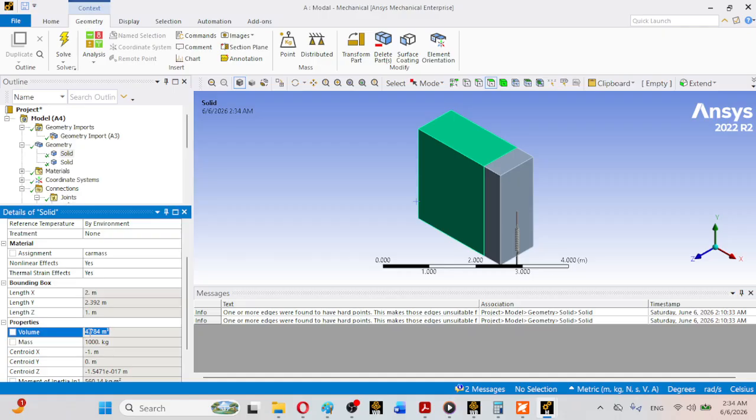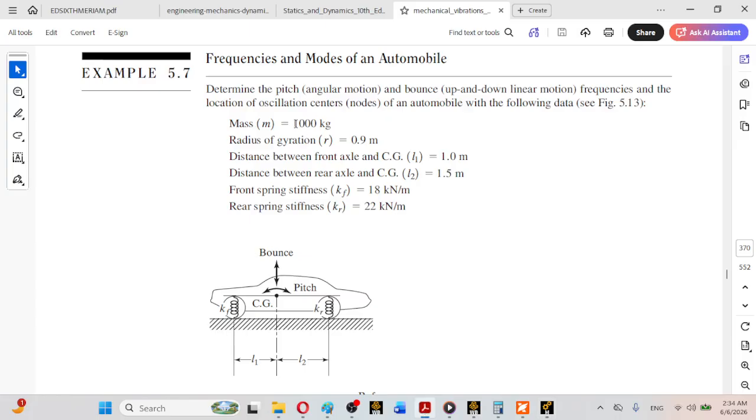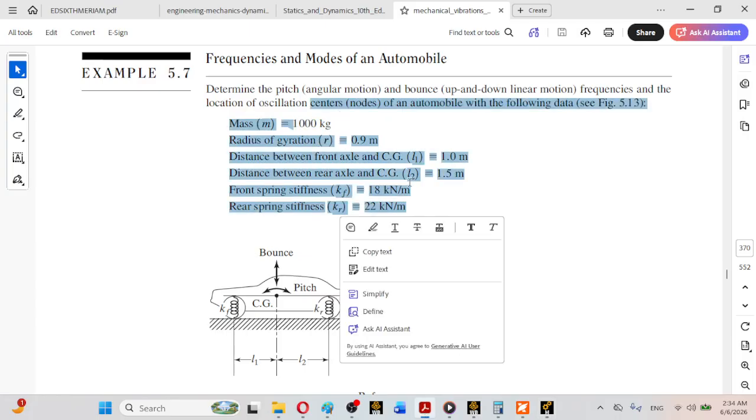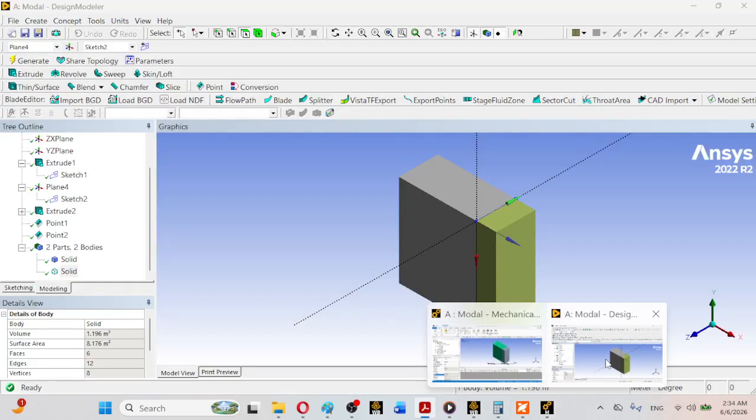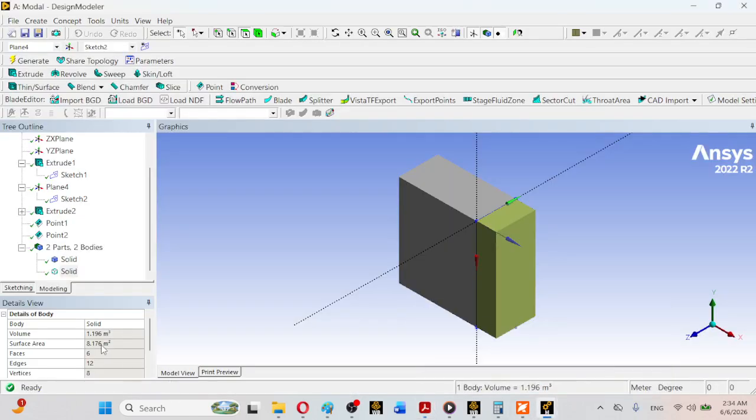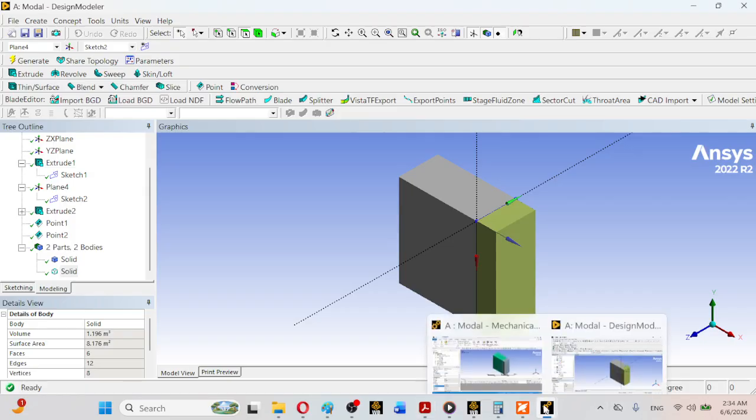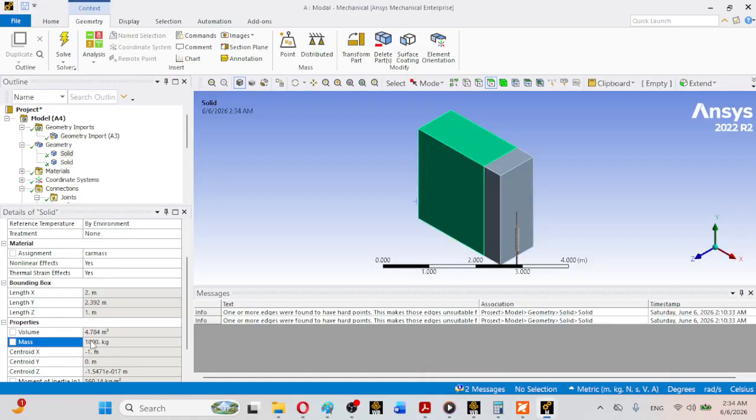This volume will be automatically obtained, and after that you are required to create a mass of 1000 kilogram. You will observe some different mass here depending upon the density, so you will divide 1000, the required mass, by this volume,